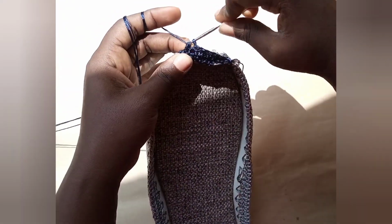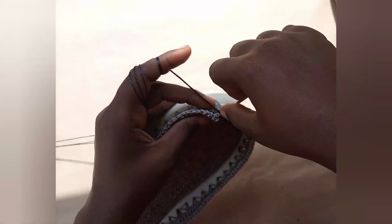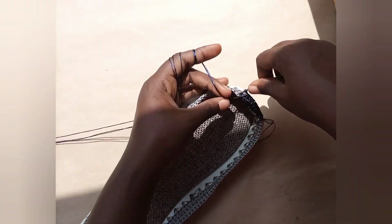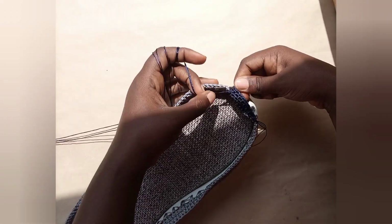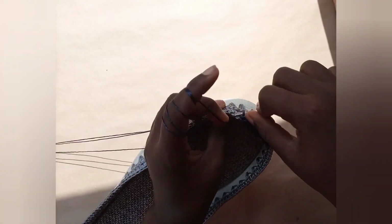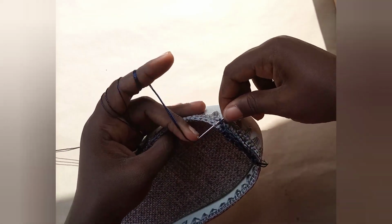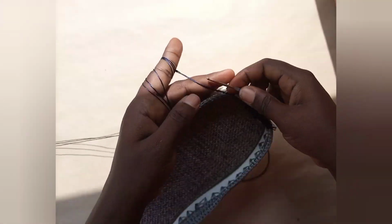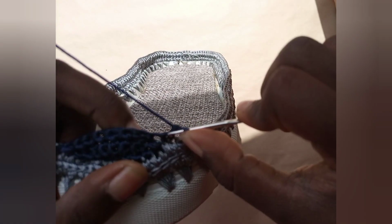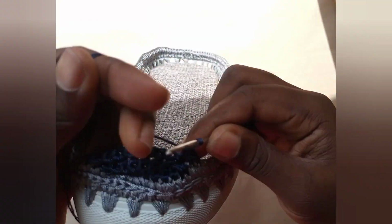So when you get to the end of this row, insert your hook again from outside to inside and pull out your yarn. Then that's a slip stitch. We'll be working with a slip stitch at the side. So that's 1, and then 2. So your slip stitch is your turning chain, and then you skip 1, and then you start your work from the second loop from the